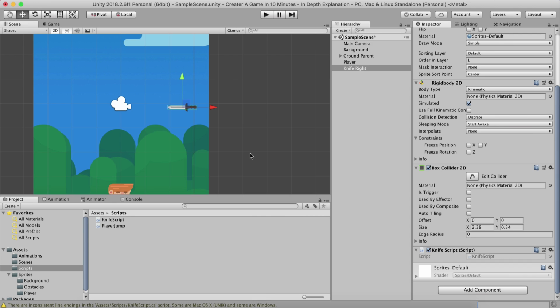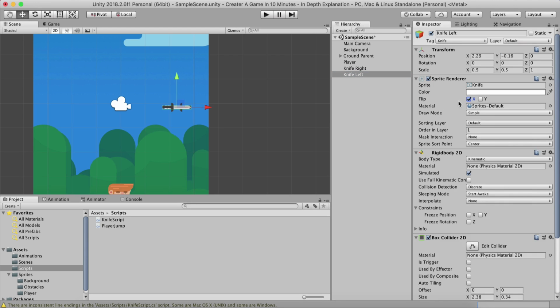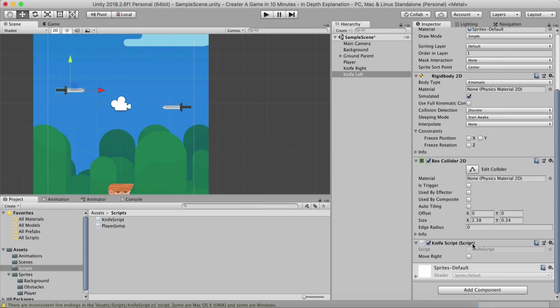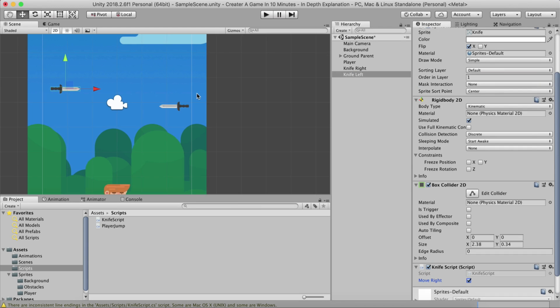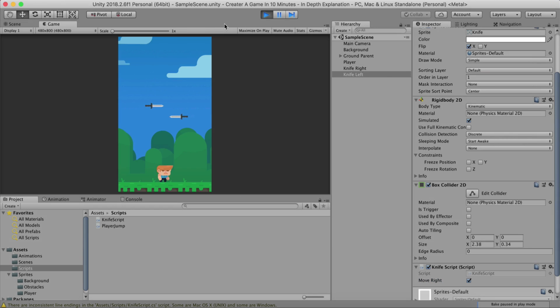If I go here and this one, so this one is going to move left because this is the knight on the right side, he needs to move left. We can test it out. So if I right click or duplicate it, and this is going to be my knight left. And I'm going to flip it on the x-axis like this. You see, I'm going to flip it and I'm going to put it here and I'm going to check moveRight, just so that we can test if both are moving in the opposite direction. So if I hit the play button now, yeah,